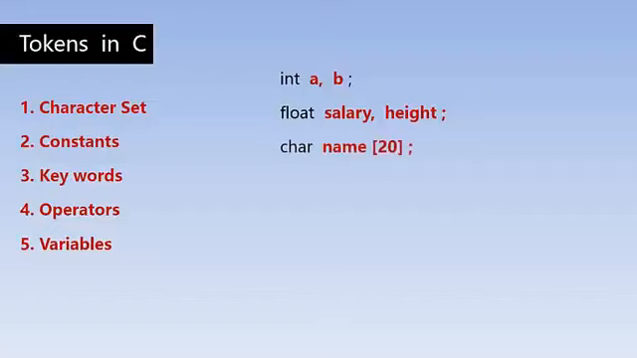Next, a variable name of length 20 characters. That is what char means here. The variable name of 20 characters can hold a string consisting of 20 characters. So friends, in this session we have learned the basics of C language, advantages and characteristics of C language, and